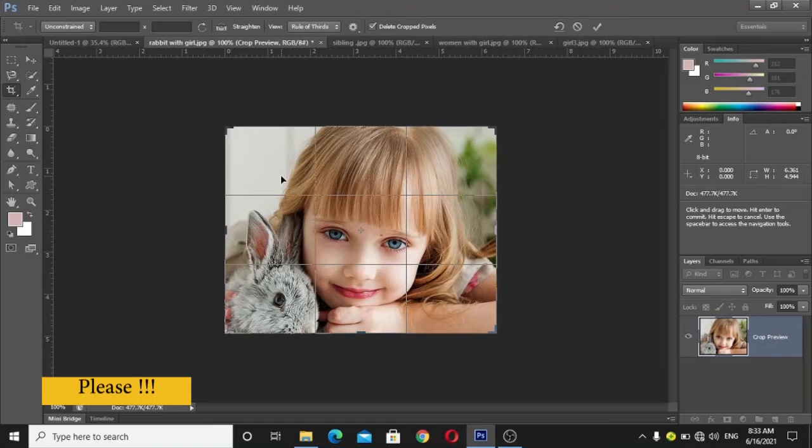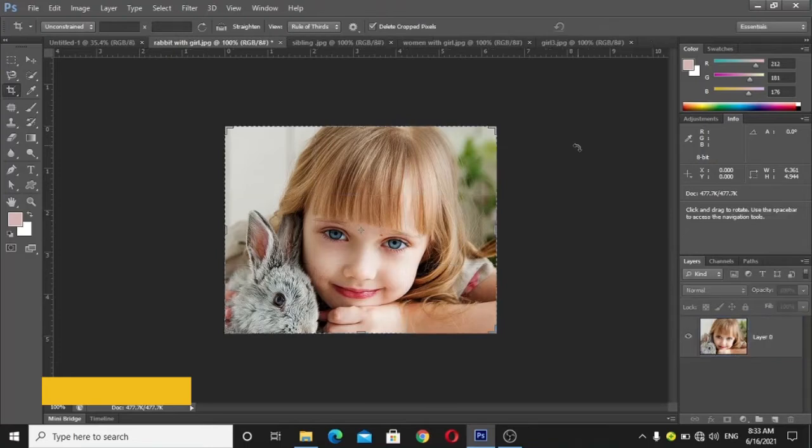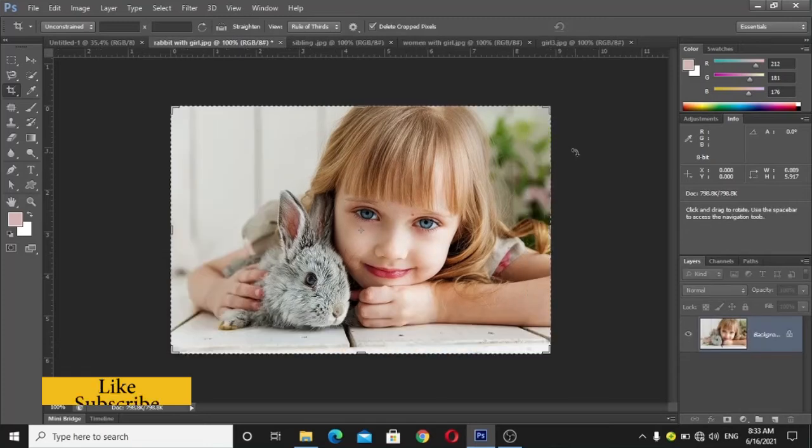It is permanently deleted. If you click on the exit button or the reset button, then you will be able to get the data back. Control Alt Z to undo an action. But if you save your file, then you will not be able to get the original image, of course.